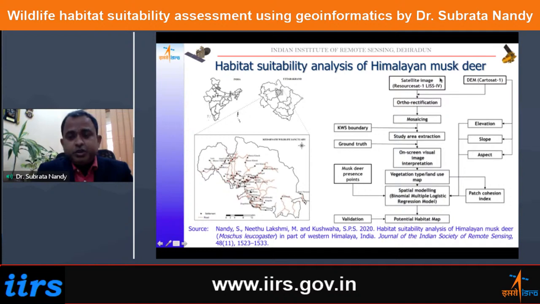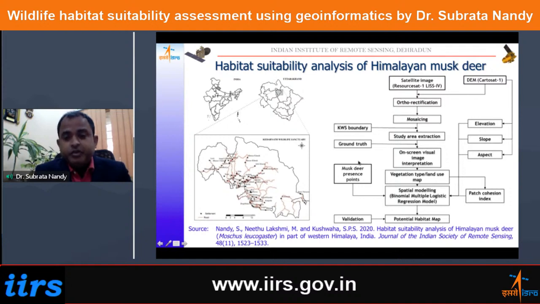Here, in this case, we have taken Landsat 4 data, and using it, and a Cartosat digital elevation model, we have interpreted the vegetation type or land use map from the Landsat 4 data. Now, this is one of the variables, and the dependent variable is musk deer presence points, where the animal was sighted